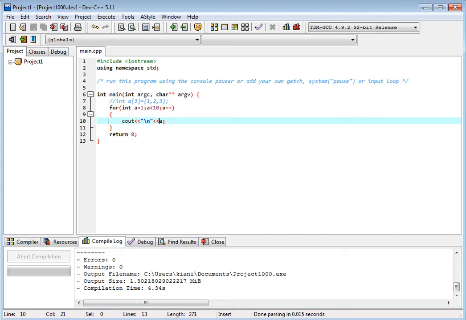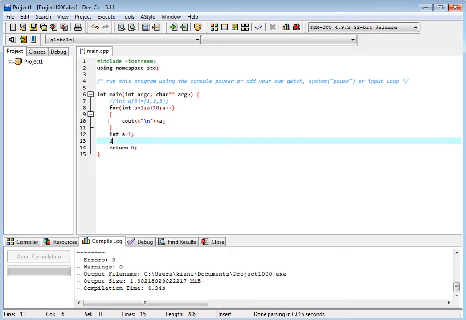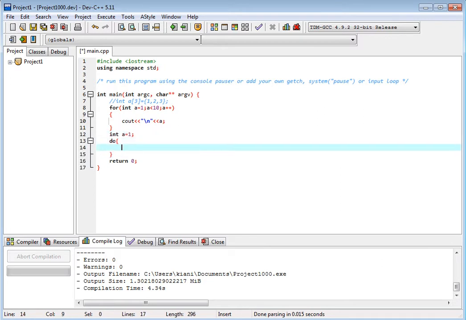What is do while loop? We take this integer a is equal to 1. This is initialization, integer a is equal to 1, and we have do, we have cout, less than less than sign, and backslash n, and now we have a and this.